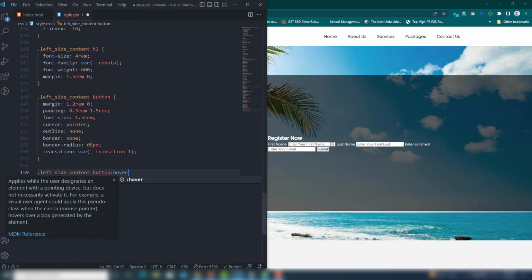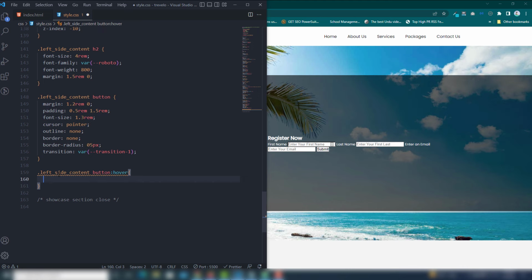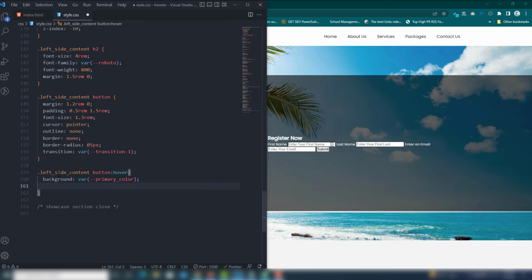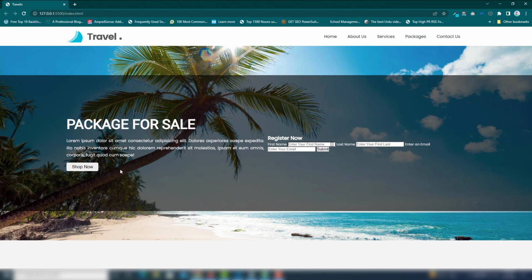The hover effect I'm going to use will be background var(--primary), and color will be white. So let's see. Right,